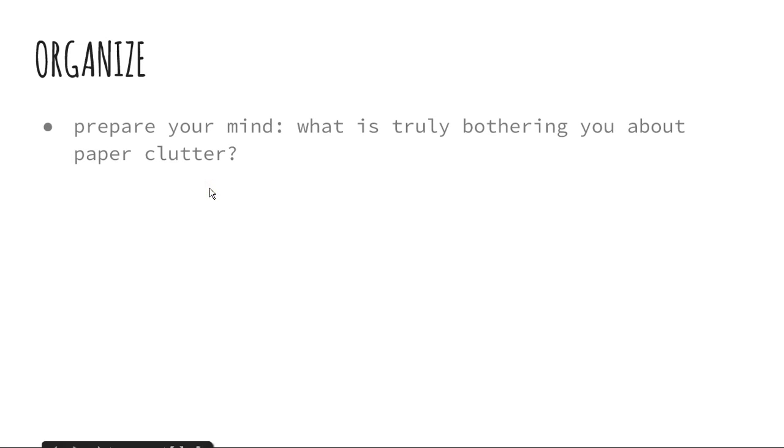Prepare your mind. What is truly bothering you about paper clutter that you're looking at? Is it how ugly it's looking? Is it the fact that probably there's some unpaid bills and there are things that need to be taken care of right now? Is it just the whole idea of a pile of something sitting on your table, on your counter, or wherever that is bothering you? Think about that and then figure out your plan,